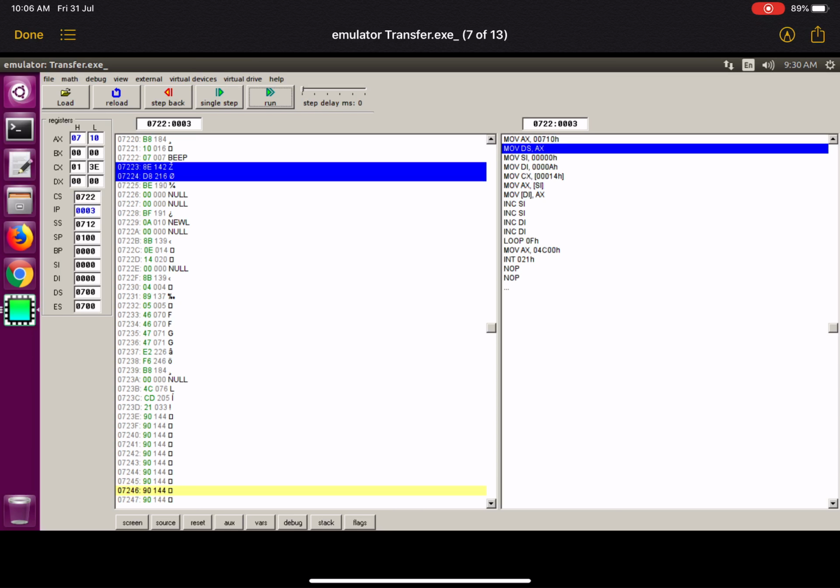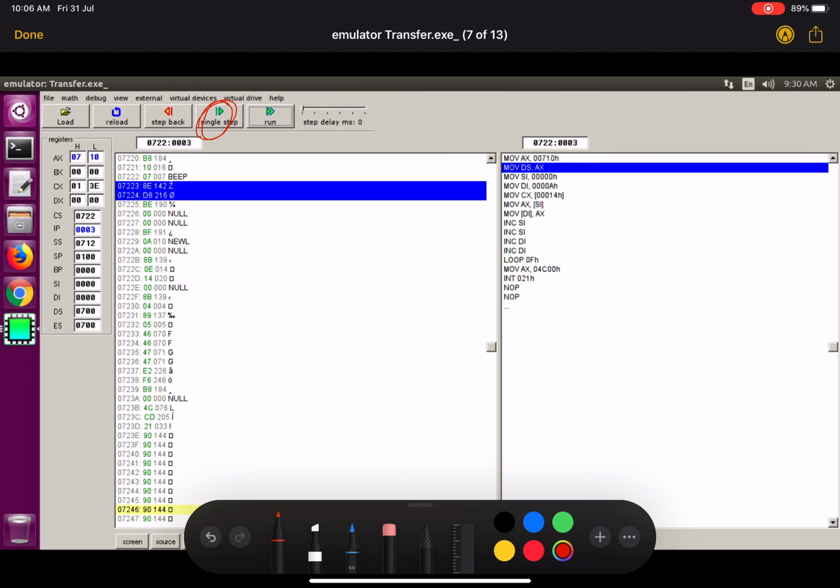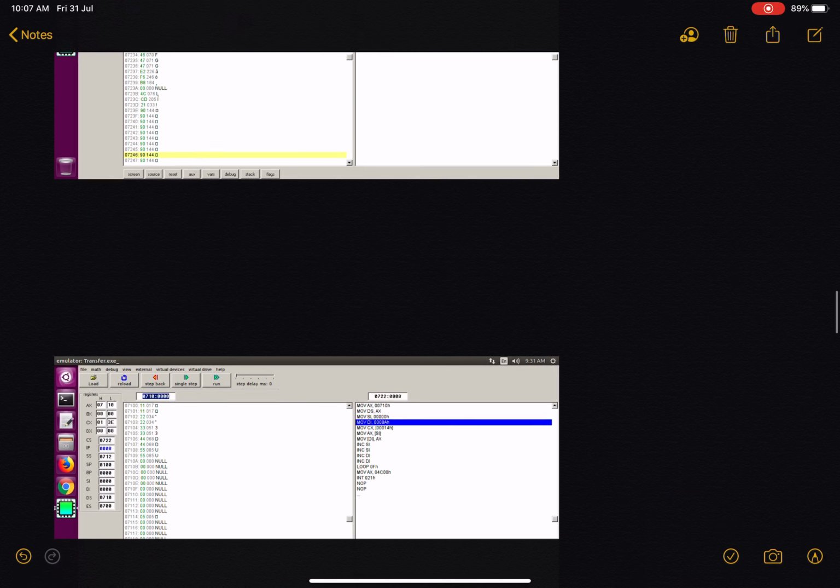Now if you can see over here, when you click on single step, you can go one instruction at a time. Initially it was a 3 byte instruction, now mov es comma ix is a 2 byte instruction, that you can see from here. And when you do that, what kind of changes will come, you can also observe in different registers. Now ax is containing this value, my IP instruction pointer has also changed and the value gets changed. So this is how you can see what's going on in the background of 8086. That's why it is an emulator. Fine. So this is what you can do.